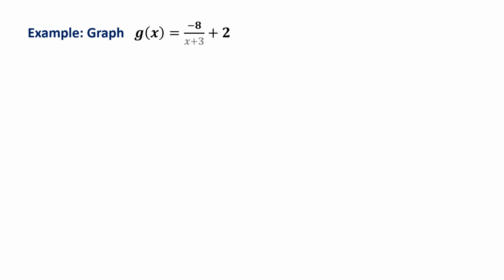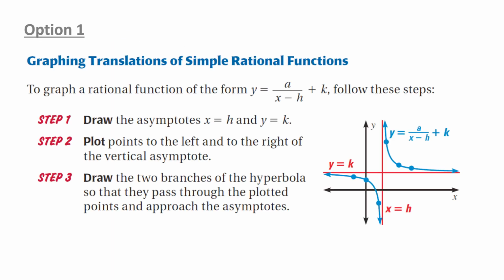Now what if we had to graph something that's a little more intricate? For example, g of x equals -8 divided by x plus 3, and then all of that is being added by 2. Here's the first option. What we could do, if a function is in the form that you just saw, which you can see right here,